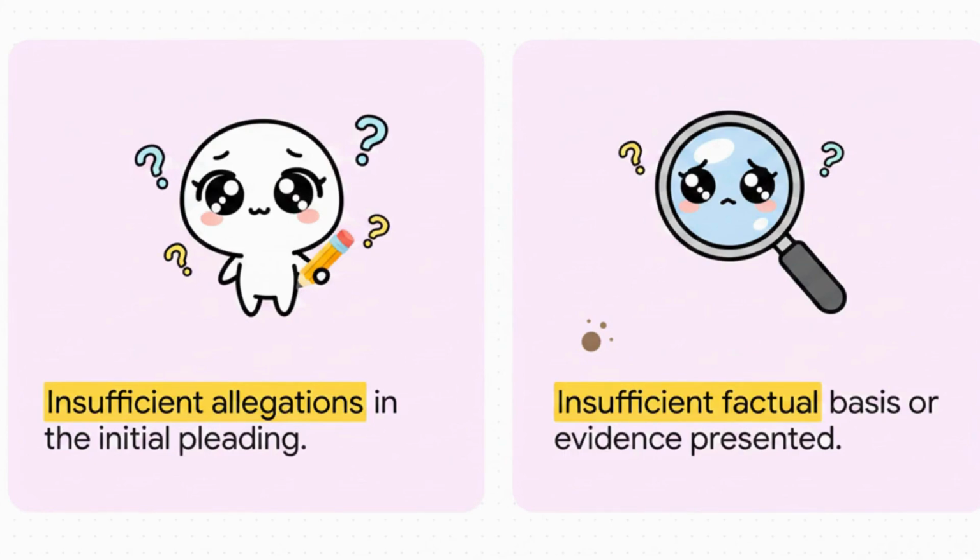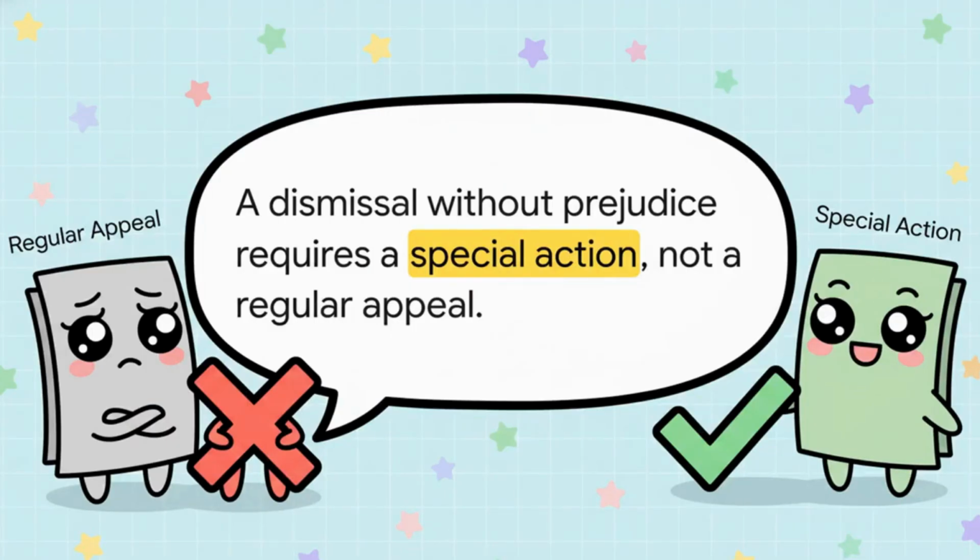On the flip side, lack of cause of action means you don't have the actual facts or evidence to back your claims up, and you can only figure that out much later after evidence is actually presented. In the Sadwani case, the trial court completely blurred these lines, which, in the eyes of the Supreme Court, is a major procedural misstep. The thing you have to remember about the Supreme Court is that how you argue is just as important as what you argue. They simply do not forgive using the wrong paperwork.